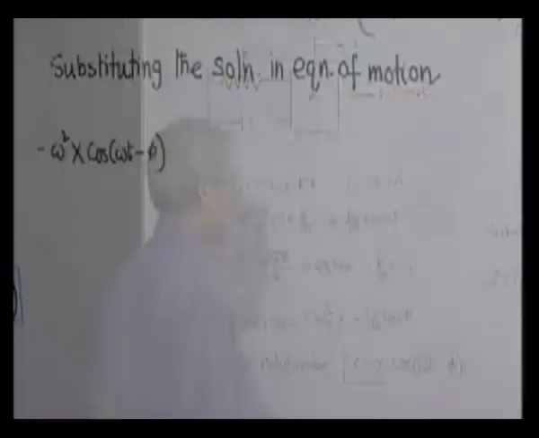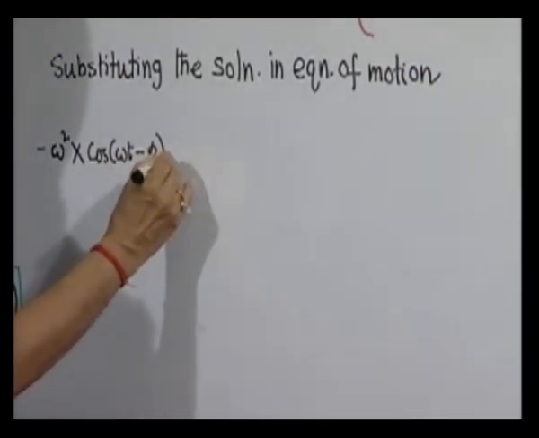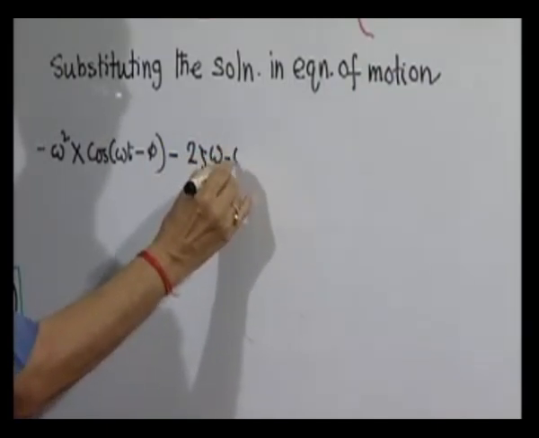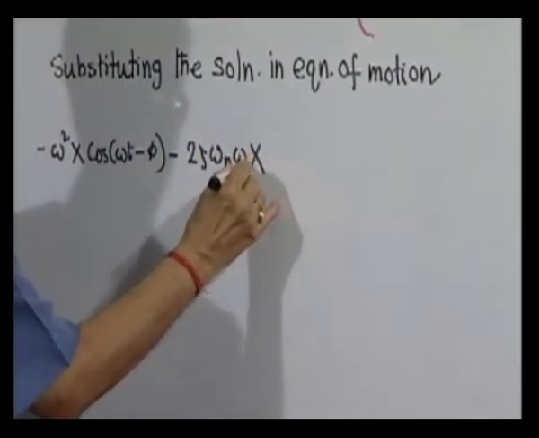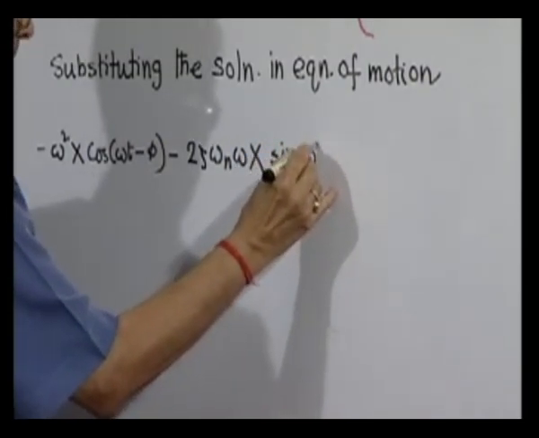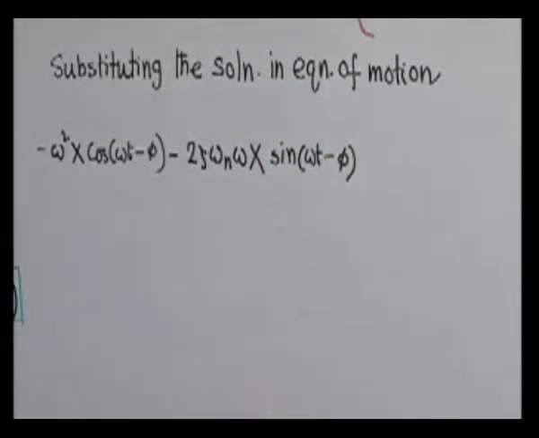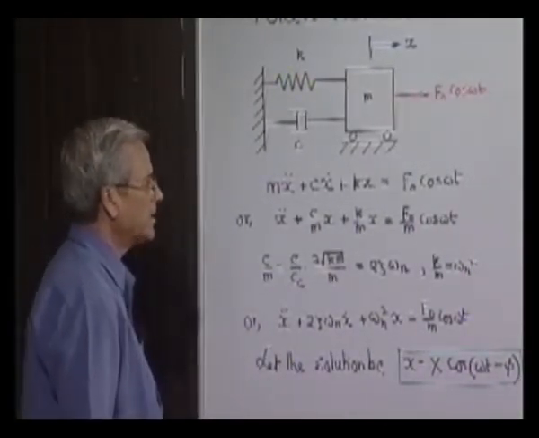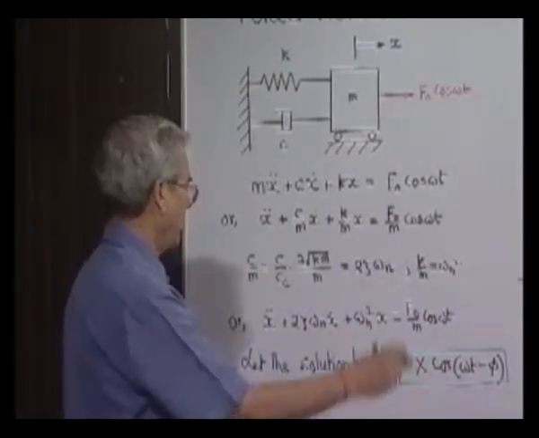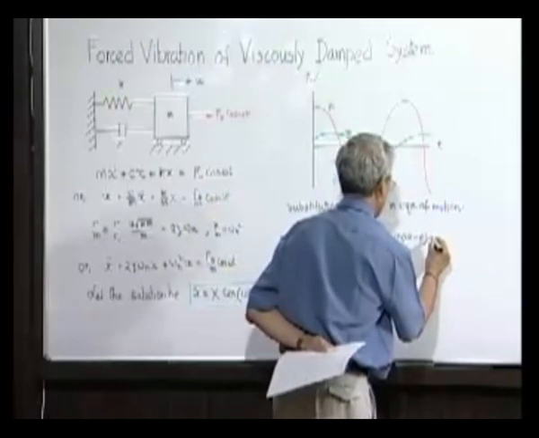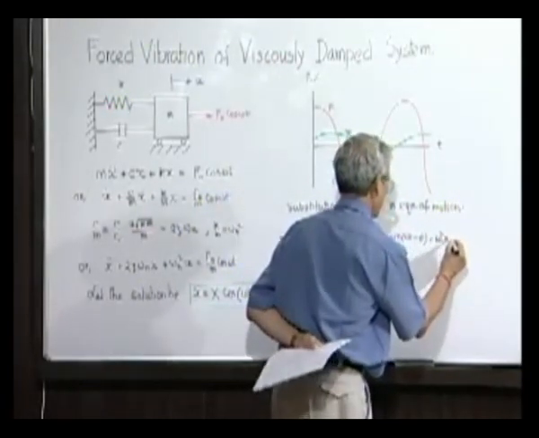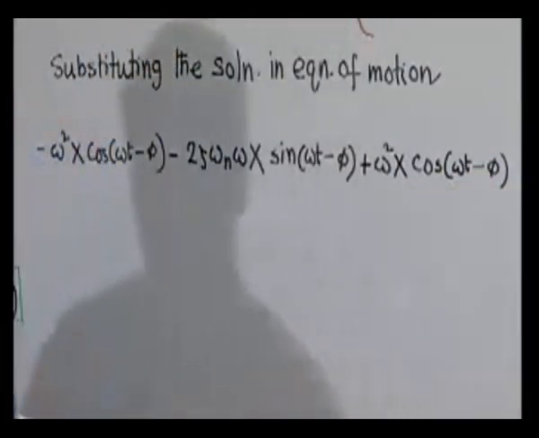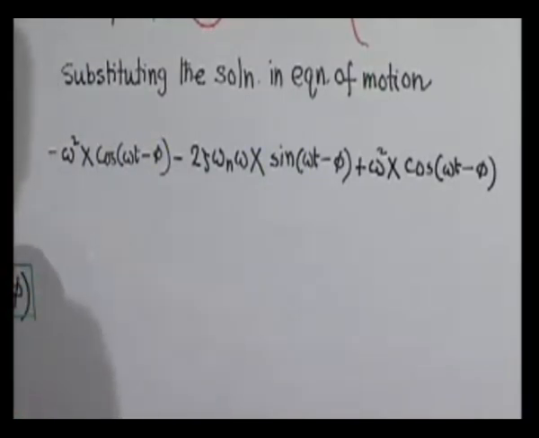So, therefore, this will be the first term, plus minus twice zeta omega n omega. This is x dot, multiplied by 2 zeta omega n. X dot is minus omega x sine omega t minus phi, and we are multiplied plus, and this is equal to